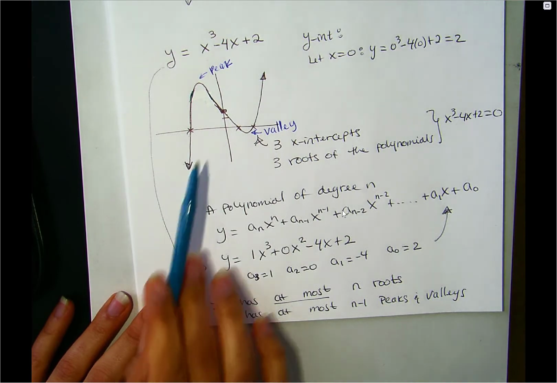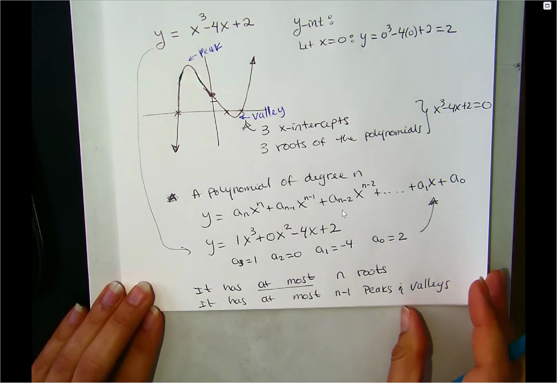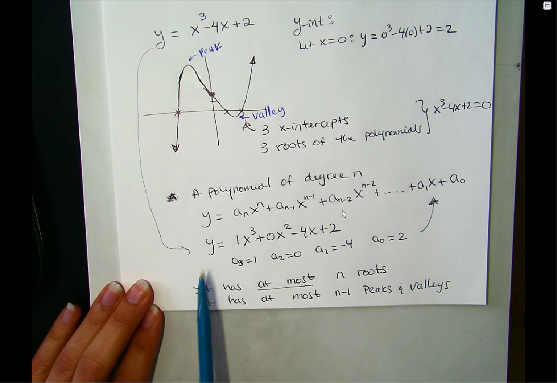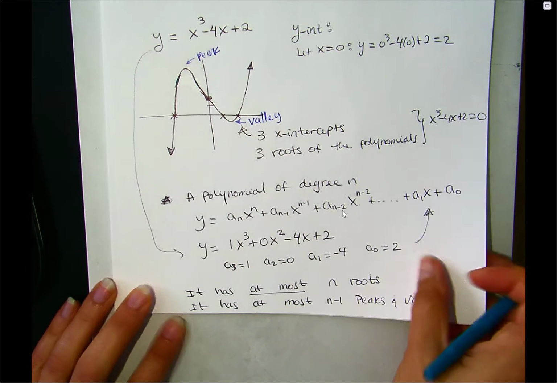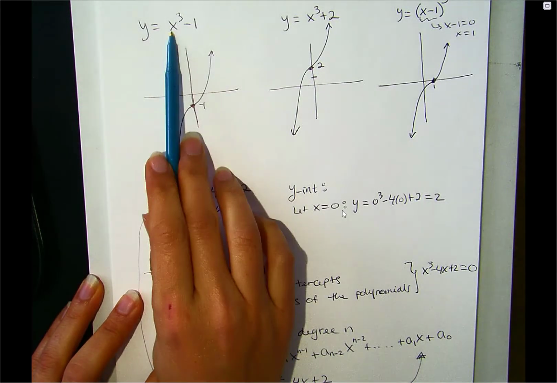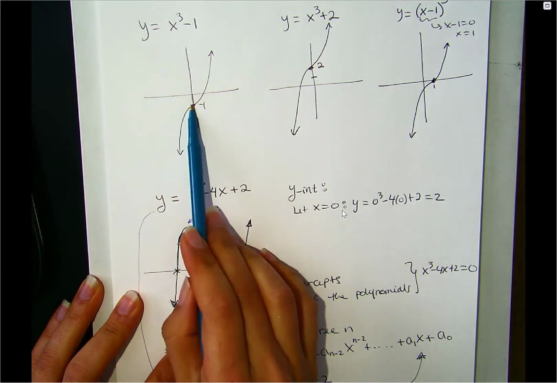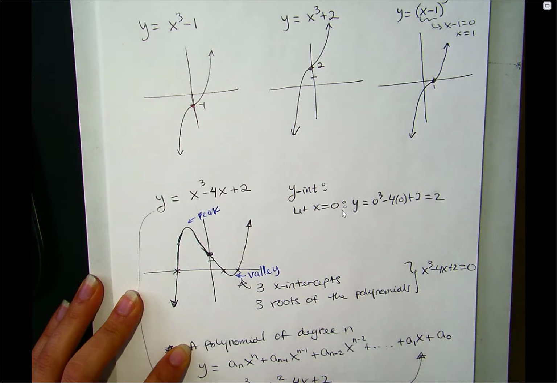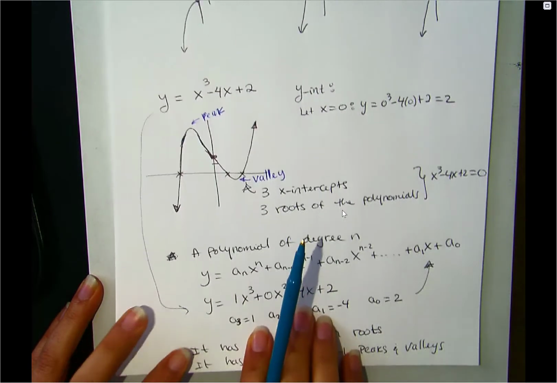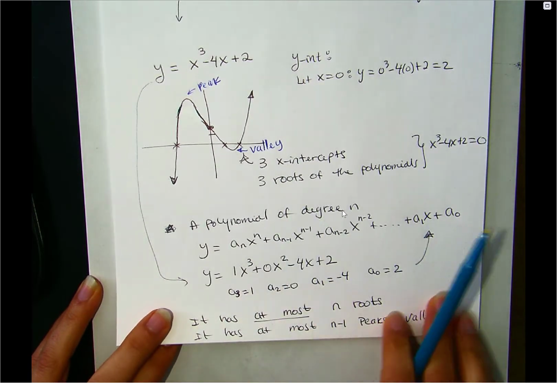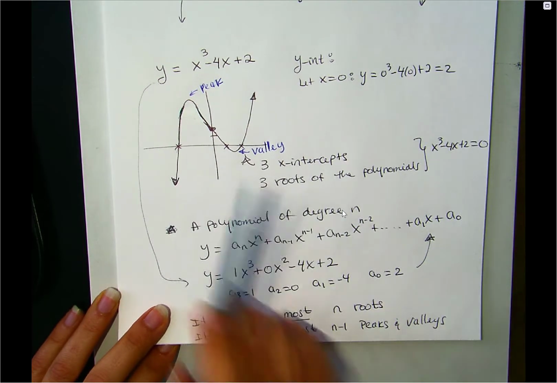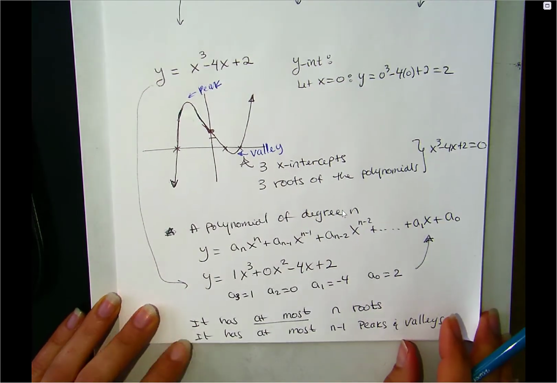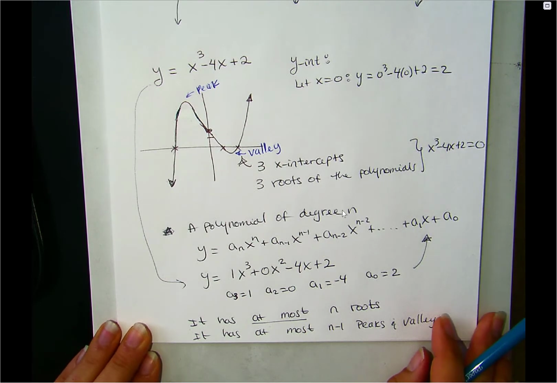So peaks and valleys. And so essentially a polynomial of degree n has at most n roots. It doesn't have to have n roots, but it has at most, right? Notice that when we did this, it's a polynomial of degree 3, but we only have one root, one x-intercept. So you can have at most 3. If you ended up with 4, that wouldn't be possible for a cubic. So you can have 3, you can have 2, you can have 1,